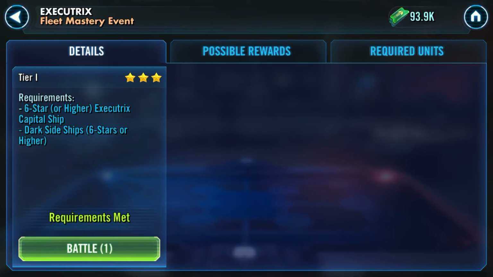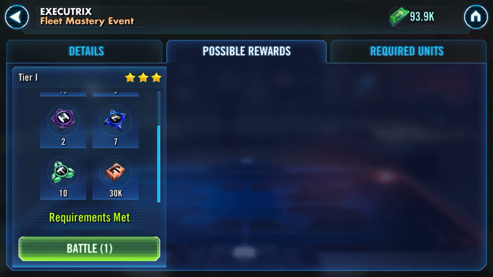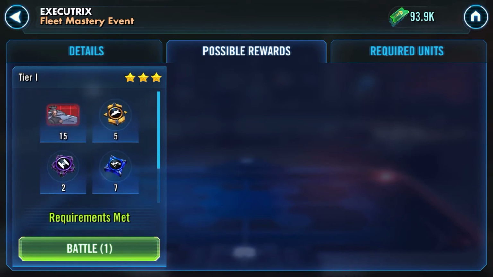As far as possible rewards go, you can earn up to 15 shards, and you get some ability mats along with that, which is just some extra bonuses. So these events do need to be replayed consistently if you are going to be playing without spending any refreshes. This does take 7 months to do, as you can get 15 shards a month, and you're going to need